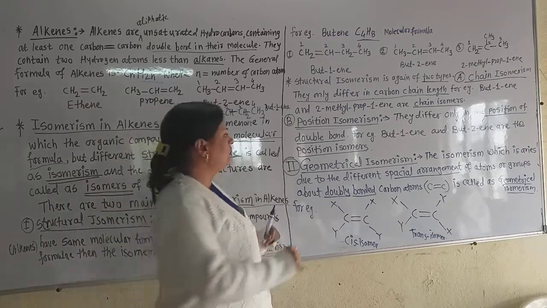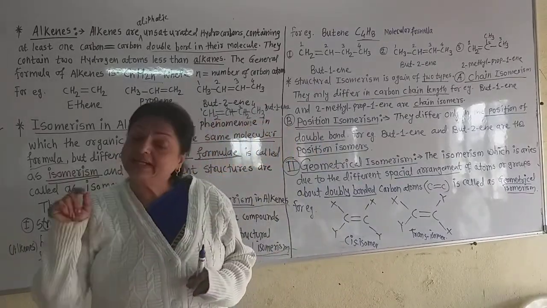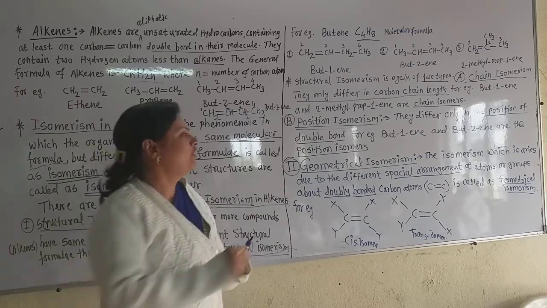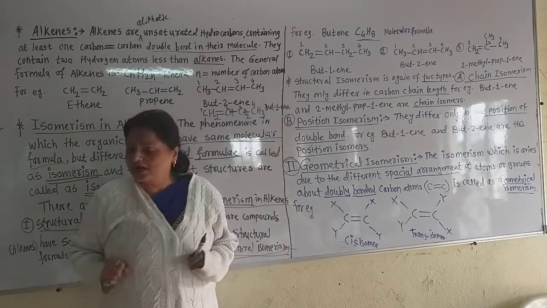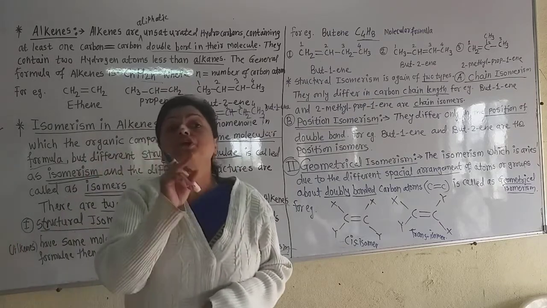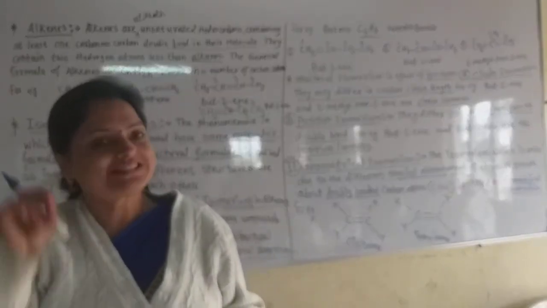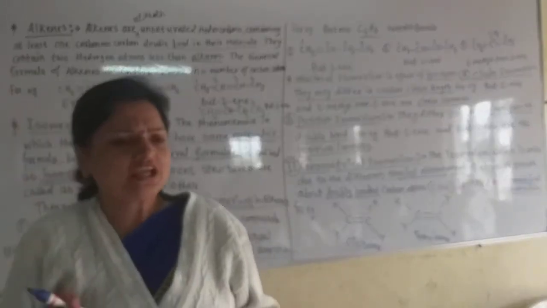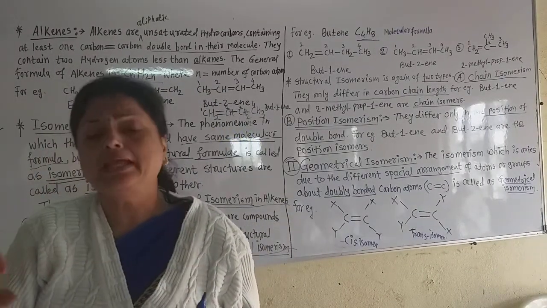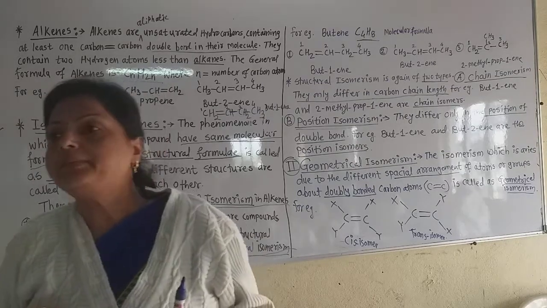I write here only in this way, but-1-ene and but-2-ene are position isomers, but in the examination you should draw that structure also. Remember that. I have already drawn the structure here, so I am not drawing it again, but in the examination you must draw the structure also and give its name on the lower side of that structure. Always have the habit of giving the IUPAC or common name on the lower side of the structure. That should be your habit.